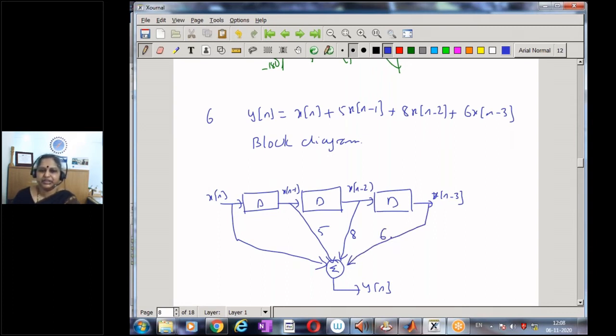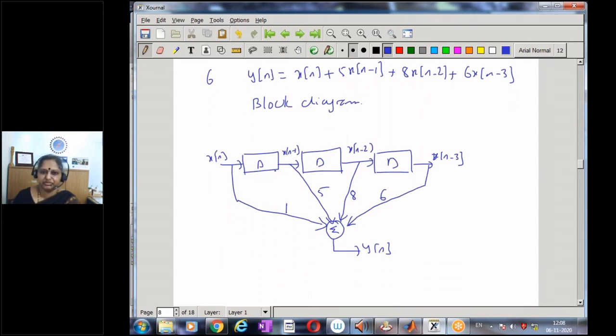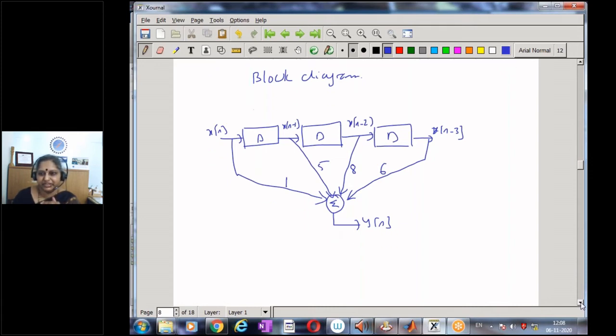So whatever we have seen till now are various mathematical models or methods of representing the given system. But a practical implementation would mean having some numbers and delay elements which will keep shifting the numbers through the delay elements, and then by suitable multiplication and addition I can get the output. So this is the block diagram representation of the given FIR system. And assuming everything is relaxed, I can give any input and compute the output for any other input. So this completes the first example that we have taken.